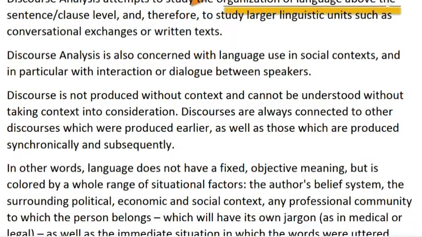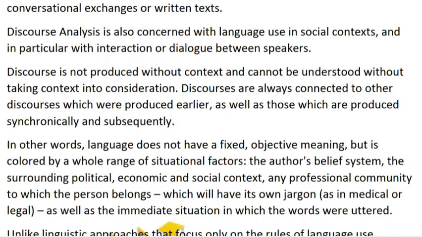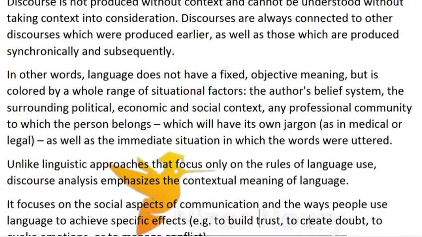Discourse is not produced without context and cannot be understood without taking context into consideration. Discourses are always connected to other discourses which were produced earlier, as well as those which are produced synchronically and subsequently. In other words, language does not have a fixed, objective meaning, but is colored by a whole range of situational factors, the author's belief system, Unlike linguistic approaches that focus only on the rules of language use, discourse analysis